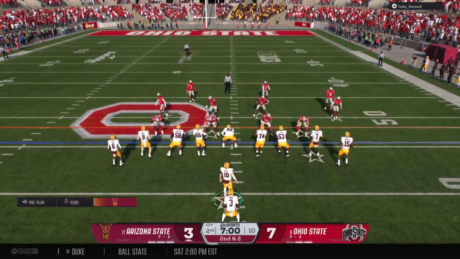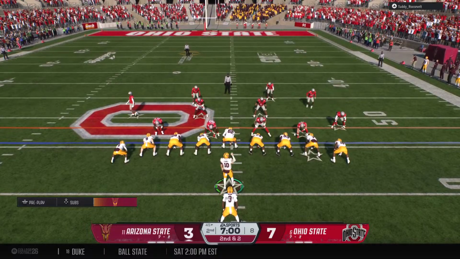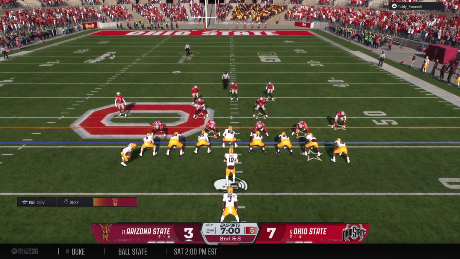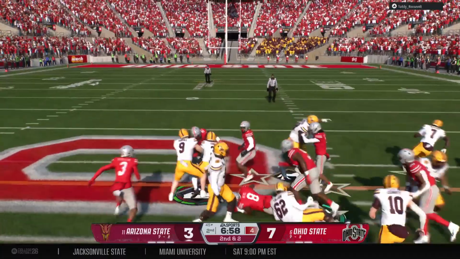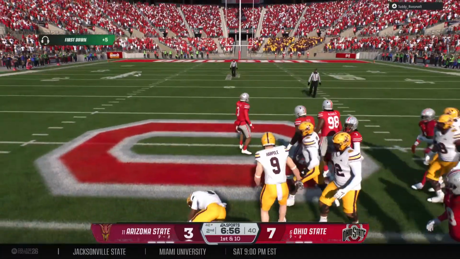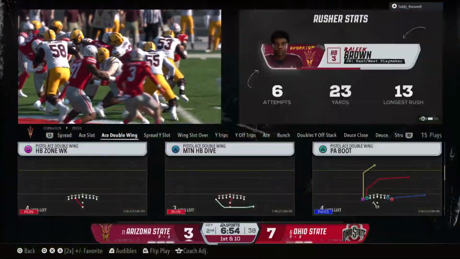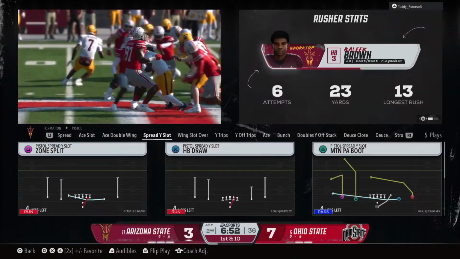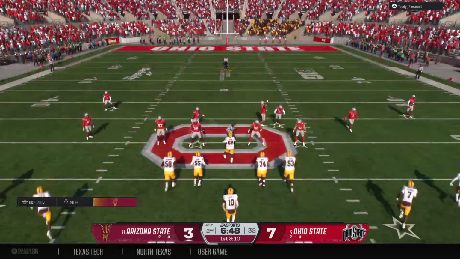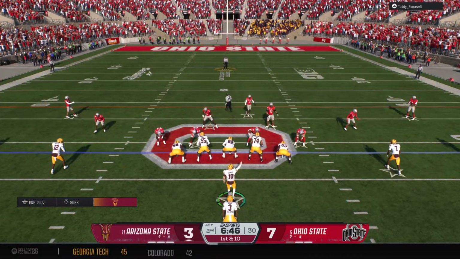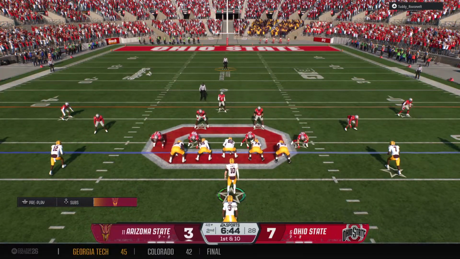Offense getting set for a second down here to begin the quarter. Trying to find some room. It's Brown. Physical run earns the first down. What a great battle here at the line of scrimmage. Good push by the offensive line, and the back does enough to pick up the first down. And the Sun Devils looking to keep this drive moving.